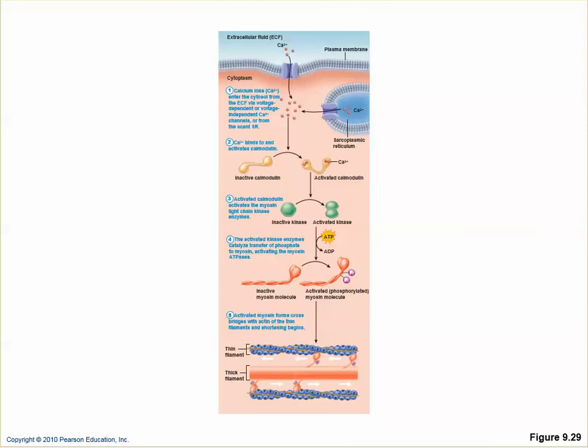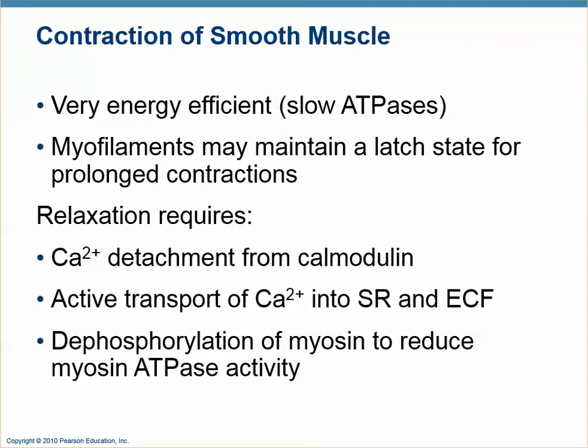And the filaments slide past one another. So the crazy thing about smooth muscle is it's very energy efficient. The ATPases are very slow. We don't get a fast contraction, but we get a prolonged contraction, and it takes advantage of the fact that we need ATP to unlatch it, to make it so we can sustain a contraction for a long time by